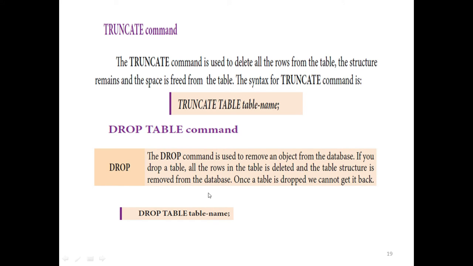It means all the data can be stored, it's simply like a recycle bin, as you learned in Windows XP. If you delete a file, it goes to the recycle bin. The same process applies in MySQL: if we give drop table with the table name, it automatically removes the table from the database properly.